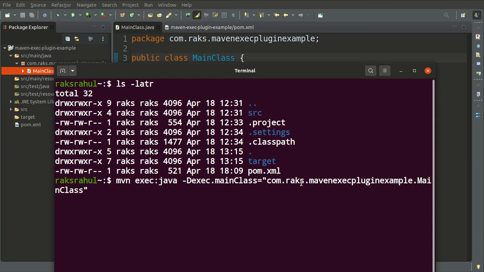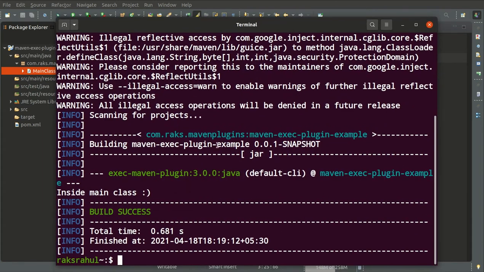So this is the whole command. When you press enter, let's see what happens. You can see here "inside main class" is printed.